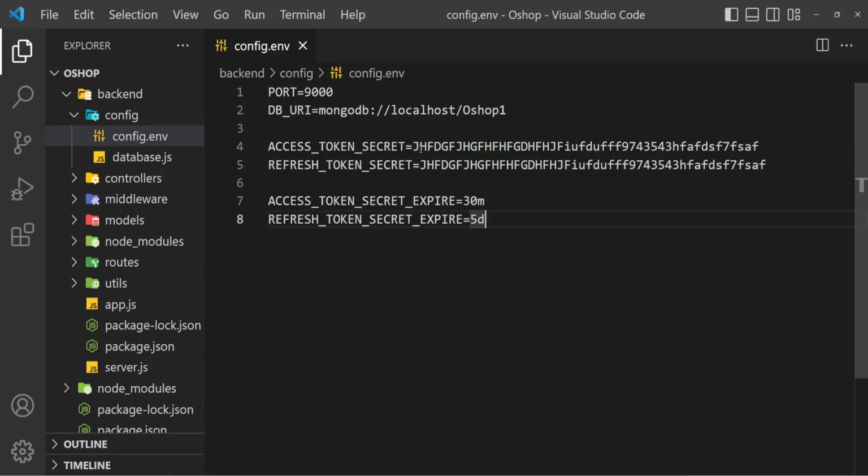Here, the access token secret and refresh token secret have the same value because we copy-pasted there. But whatever we typed, that is not a professional way. So what can we do now? See, open your terminal,